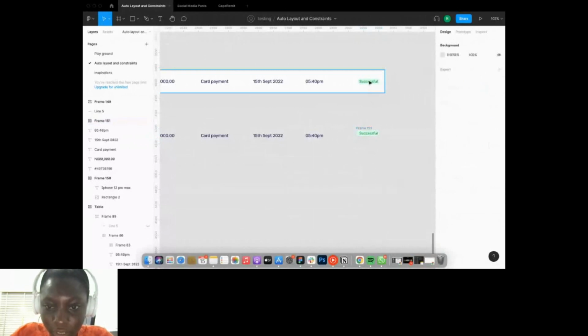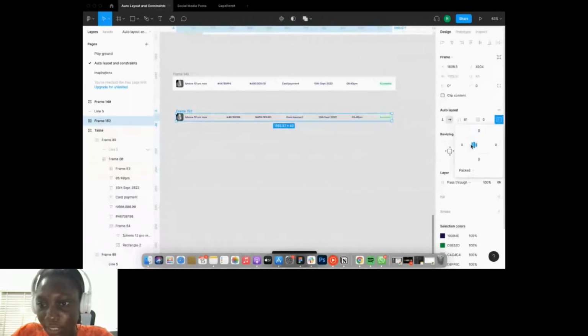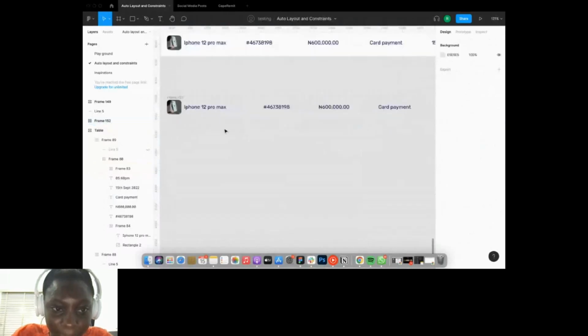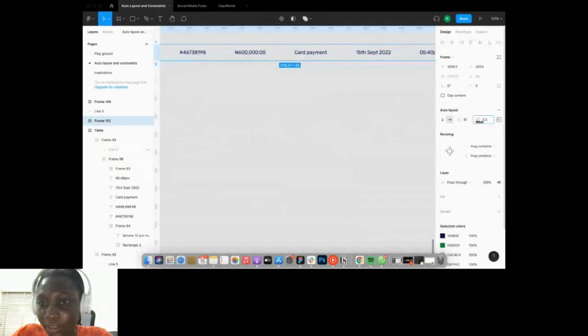So all we need to do now is click this, this, this, this, this, and then this. Then make sure they are well aligned. They are equal spacing. Then we add auto layout, align to the center. Then the next thing to do is add, what's it called, padding. So let's say we want to add it to be 56, that's 8. So right, let's add